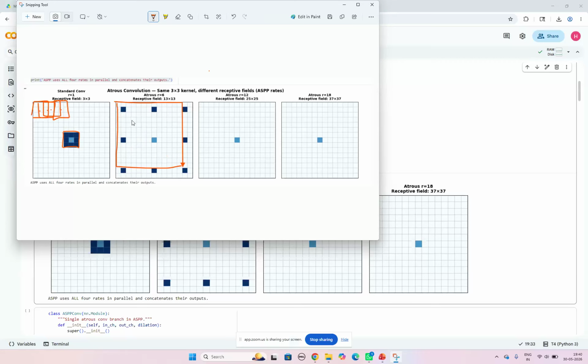So, 13 cross 13 matrix. When we try to do the convolution, this one would be passing over to the next over here. So what we do is take the middle values, and we'll get this value. And then we'll shift. One more shift we'll do. This is the last shift. Get this value and this value, 3 shifts.